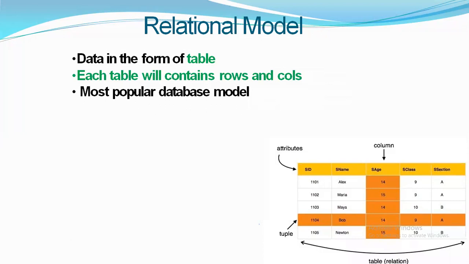So to say that any database is a relational database model, the first constraint is that the data must be represented in the form of relations, and the database must support all the E.F. Codd rules. I will tell you later what the E.F. Codd rules are. A database which supports the E.F. Codd rules, only that database we call a relational database model. Otherwise, we cannot call it a relational database model.